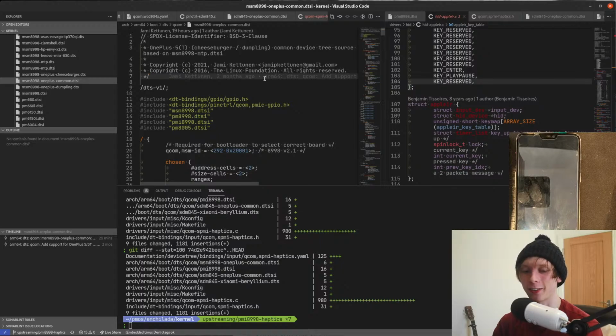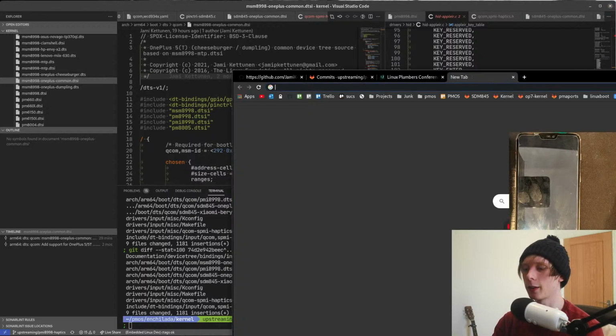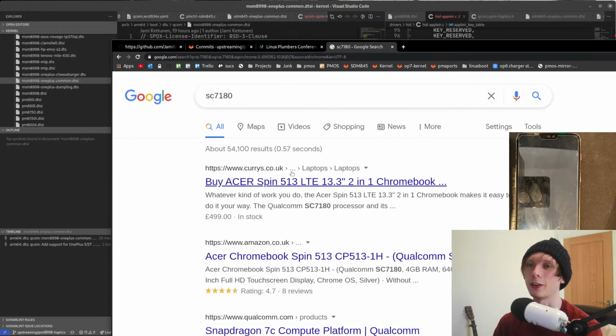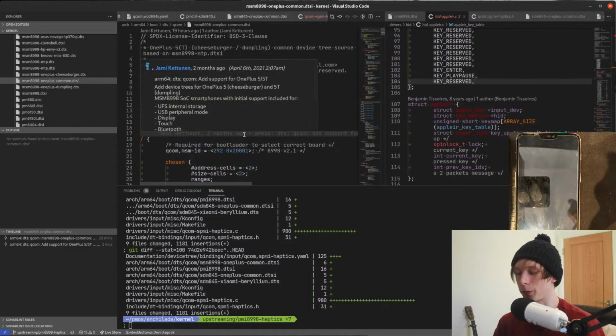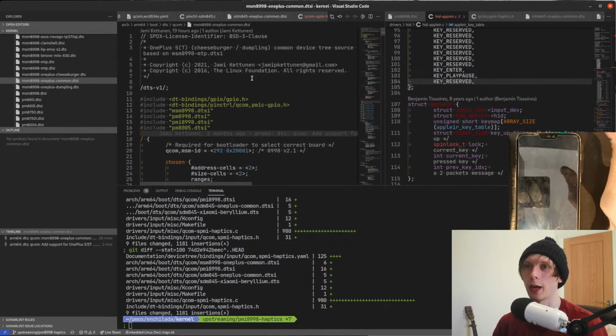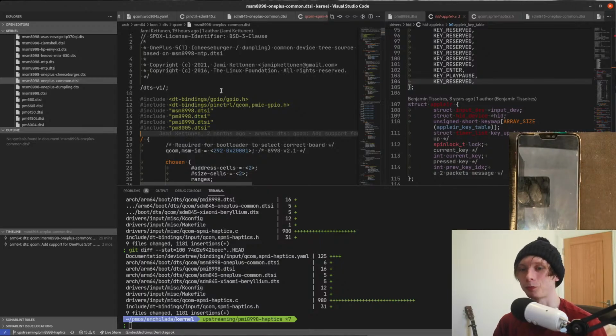It got tested on the Snapdragon 845, as well as the SC7180, the new one that Linaro are looking at, the Snapdragon 7c compute. The problem is the tests they did were for external displays connected via DisplayPort, because none of the devices they test on at Linaro are phones. Well, that isn't entirely true. They do test on phones, but